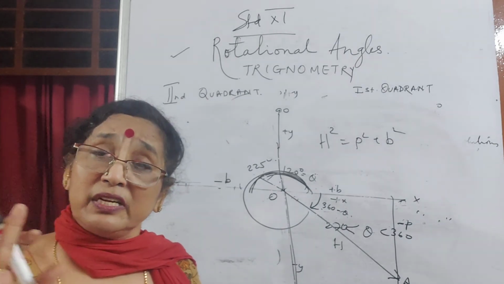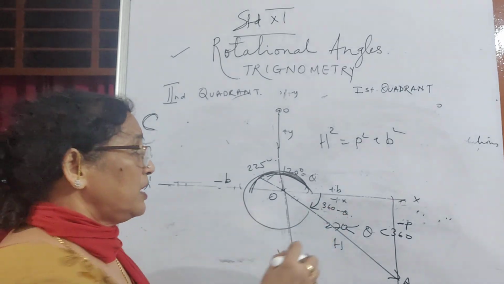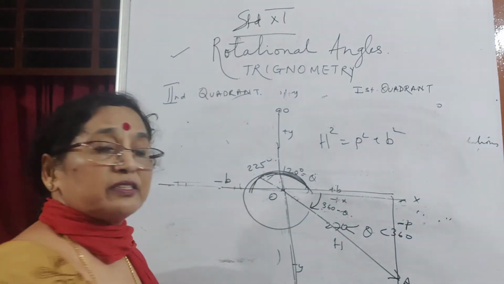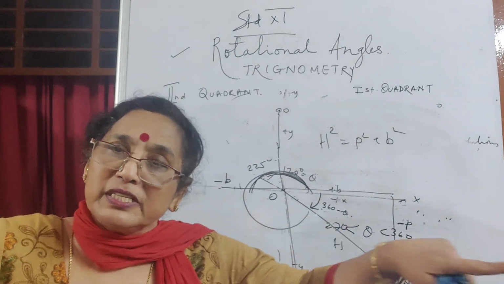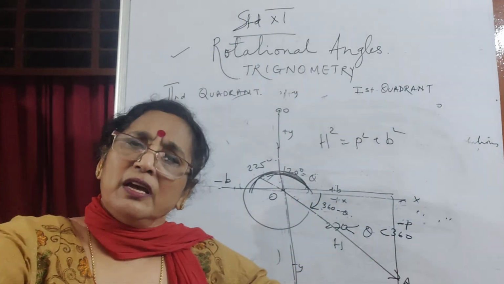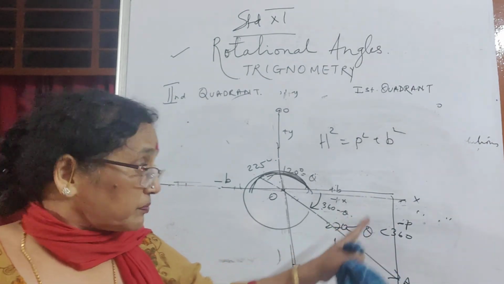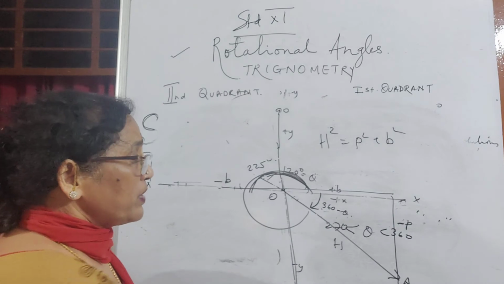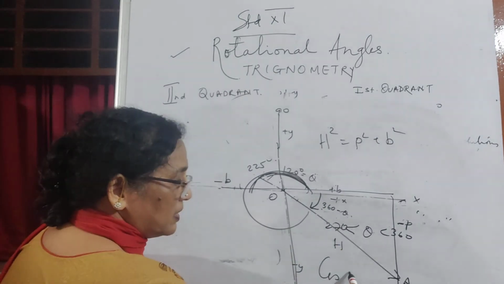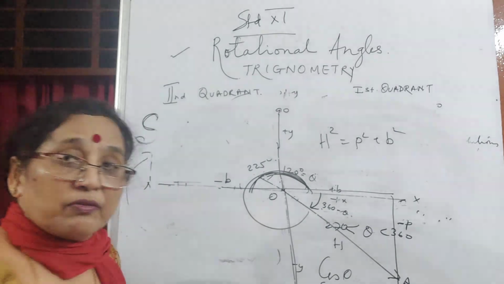Okay, if it is 330 degrees, so this is the angle. How much excess from the 0 line? This is your 0 line, this is your 360 line, this is your 720 line, this is your 1080 line. When you complete rotations, you stand here, at the 0 line. So minus. You can see that is why this is cos and sec's house. This is cos and sec's house, right?